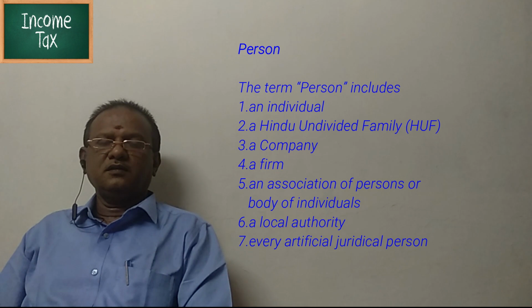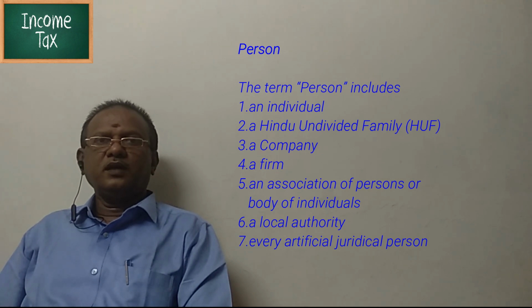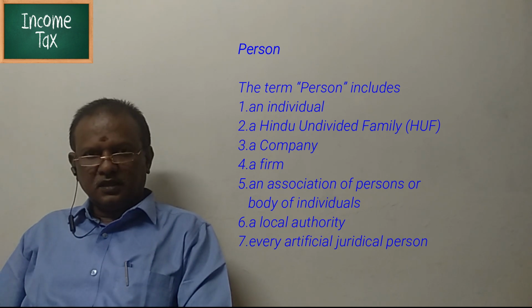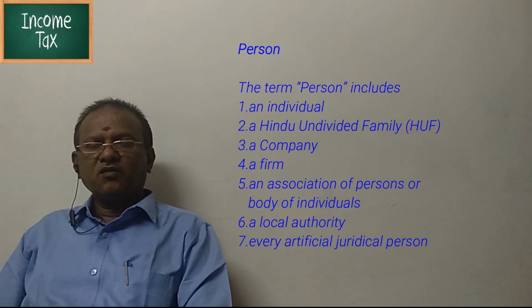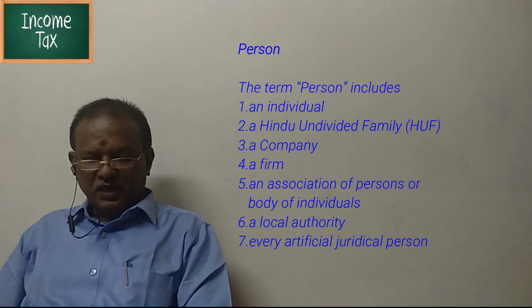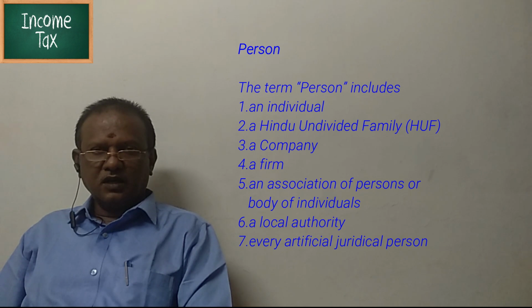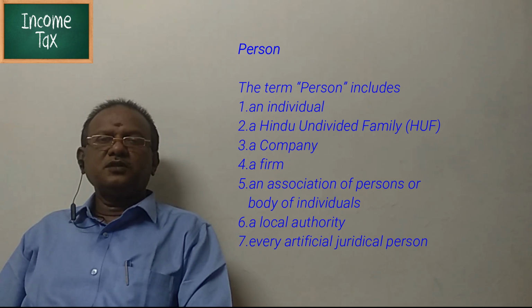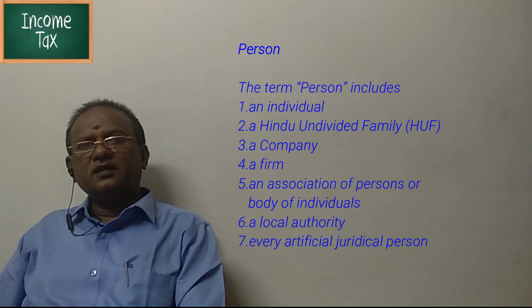An individual, 2. A Hindu undivided family, 3. A company, 4. A partnership firm, 5. An association of persons or body of individuals, 6. A local authority, and 7. Artificial juridical person. So, these 7